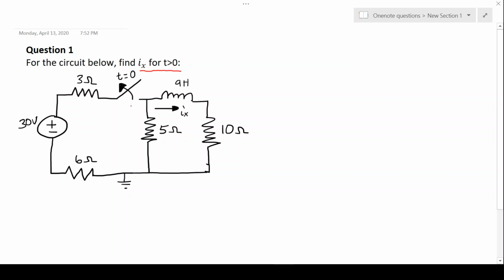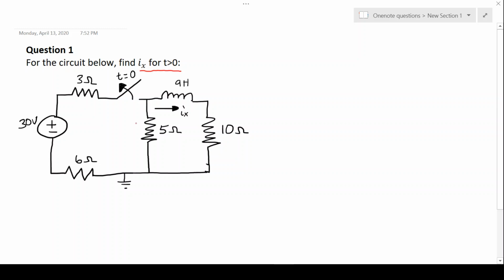So first step is to determine what type of circuit you have and what type of response you're going to get. So we can see that we have a source that's connected, but at time t equal to 0, the switch opens. So a source is suddenly disconnected at time t equals 0. So we know that then we have a source-free